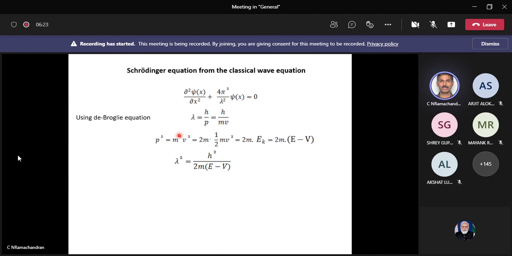Now, in this equation, what is lambda square? Lambda square is equal to h square by p square, h square by p square. For p square, I have this expression. So I will take